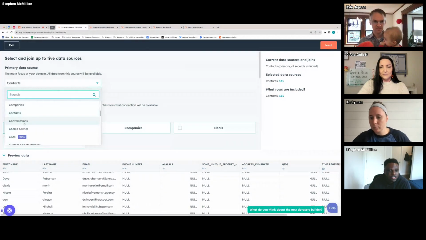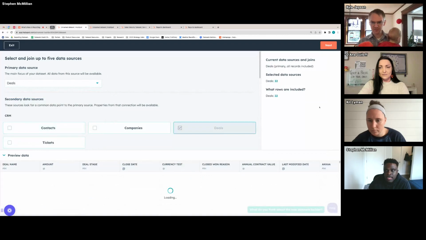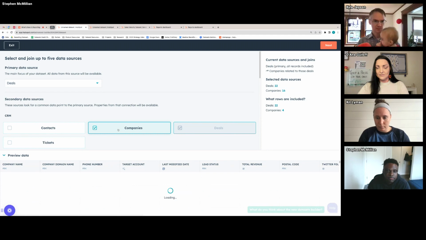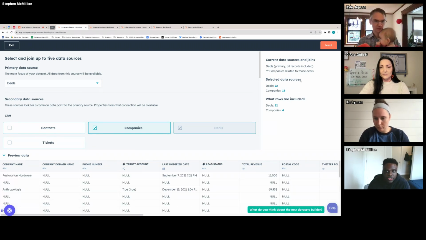But let's say if we start with deals here, it's selecting all 22 deals in this portal, and this is only one table. As I join other tables, like companies together, it's making a left join. So it's taking all of the deals in this portal, all 22, and then it's looking at all of the companies, all 16,